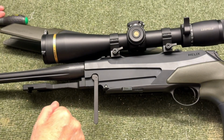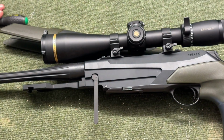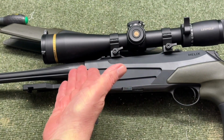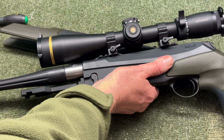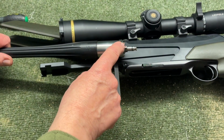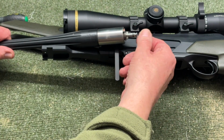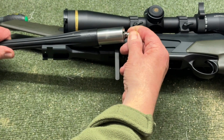Slightly unusual is the fact that you can take the barrel out in two ways. It's the same process, but what comes out is different. Here I've got the action closed, so the bolt head is engaged with the barrel. Levers down, pull it out, as you can see, there's the bolt head. And you can see this red dot here and that red dot there. To remove the bolt head, just rotate it to a 3 o'clock position, pull it out, put it back in, rotate it back,